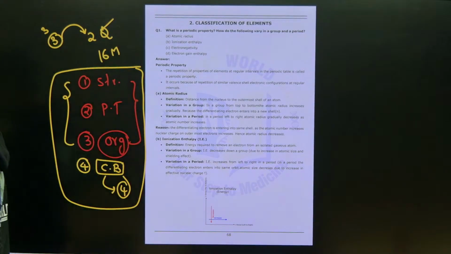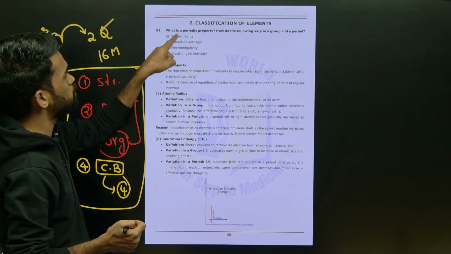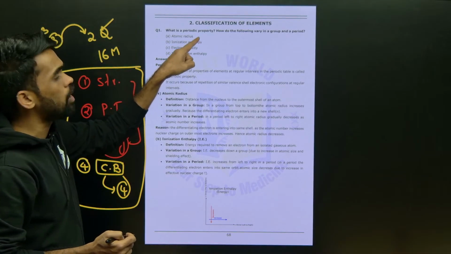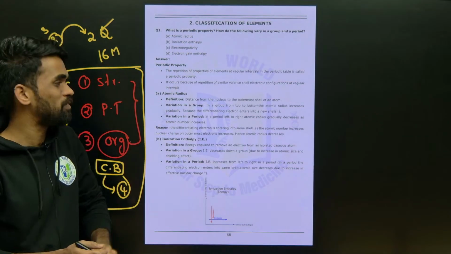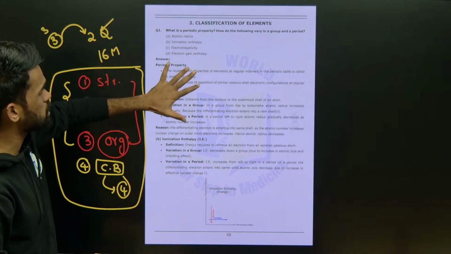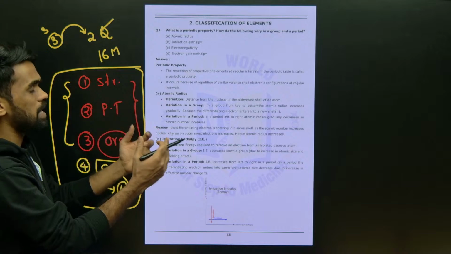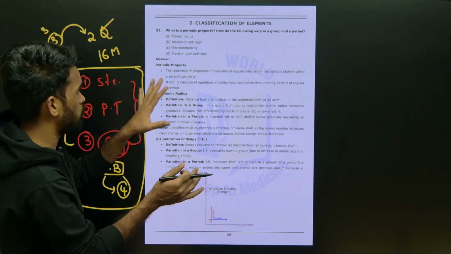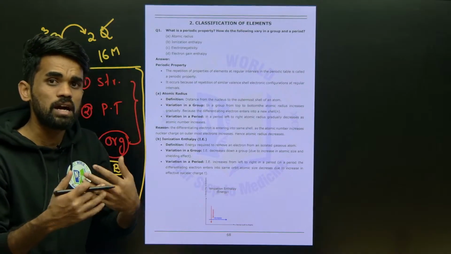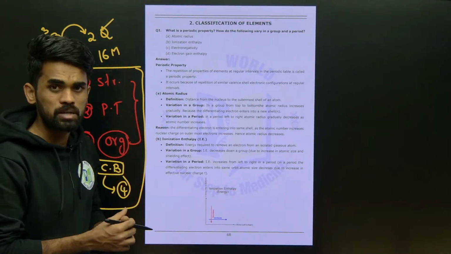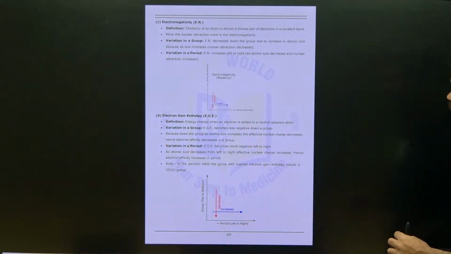Now here you can see the question: what is a periodic property, and how do the following properties vary across a period and down a group. This discussion was already completed in the last class, so I am not going to discuss it again, but if you don't know how to attempt it or what to write, or are not aware of the concept, just watch my previous session. In this session we will be discussing